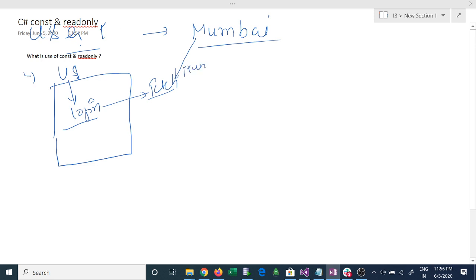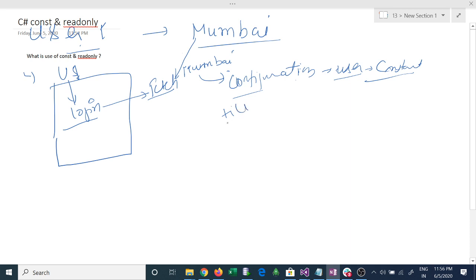the user is from the Mumbai circle, and for the Mumbai circle you get some configurations, some configuration details related to that user, and it will be constant for as long as the user is in your system.